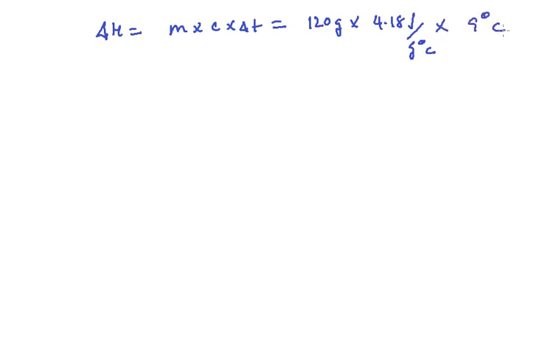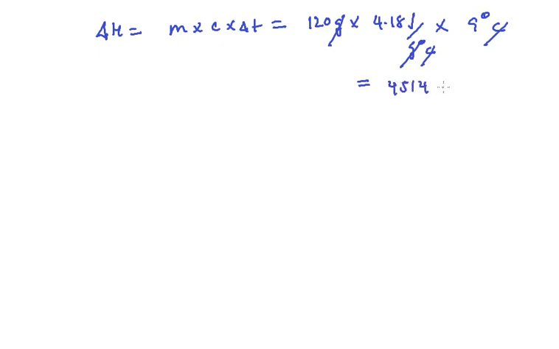Like I said, delta H is going to be m times c times delta T. We have all the values. The mass is 120 grams. The specific heat capacity is 4.18 joules per gram degree centigrade. And the difference in temperature is 9 degrees centigrade. So the unwanted units will be crossed out here, gram is being crossed out by gram. So we have 120 times 4.18 times 9. If you multiply 120 by 4.18 times 9, basically it gives you about